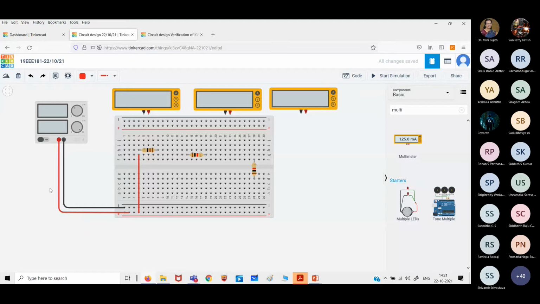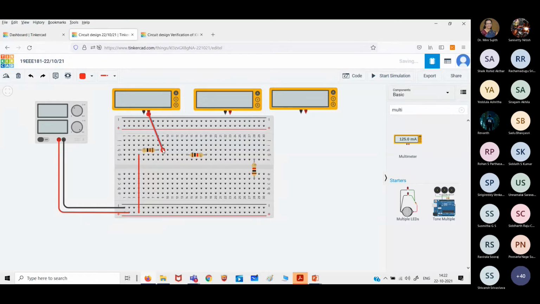Right. So now we will start connecting. After our resistor, we have connected. How have we started? Power supply connected to the resistor. Now resistor has to be connected to positive of the ammeter. So I'll take positive of the ammeter and maybe I can connect it here. Remember, here all are vertical short. So if you connect it here, let me show you. We'll delete this wire and bring it here.